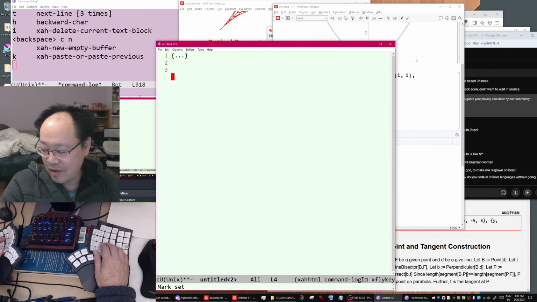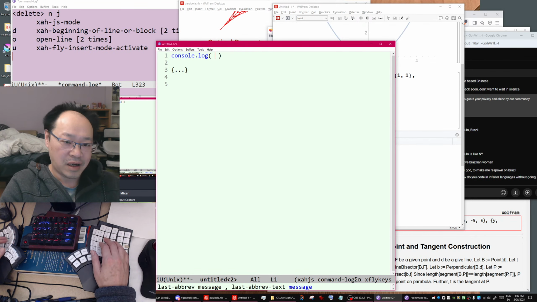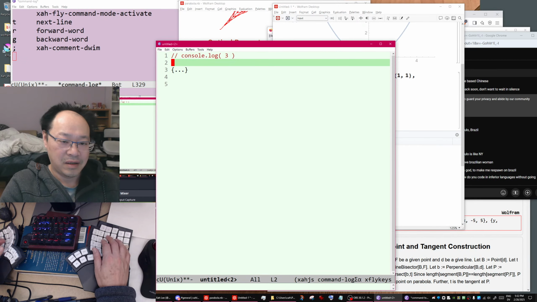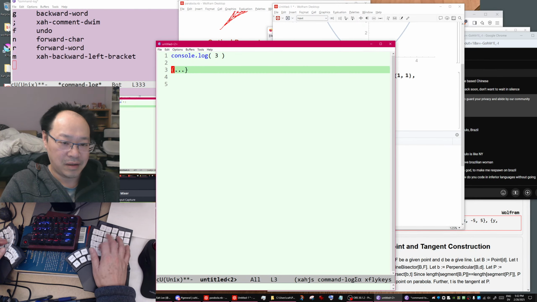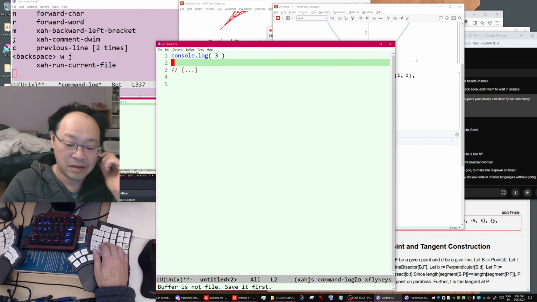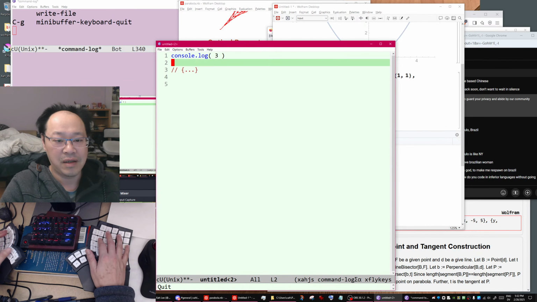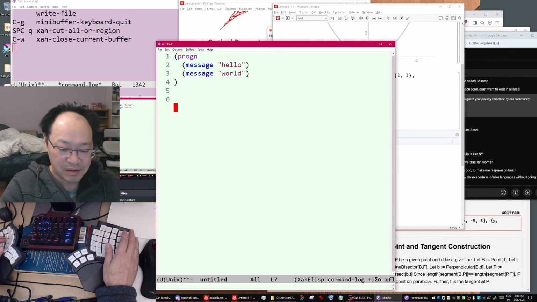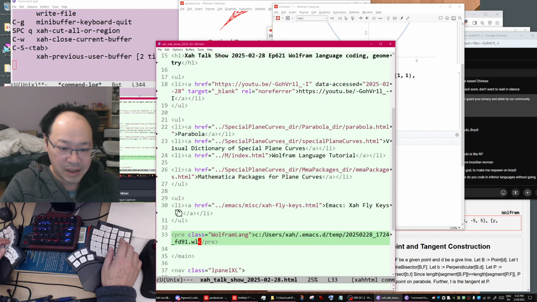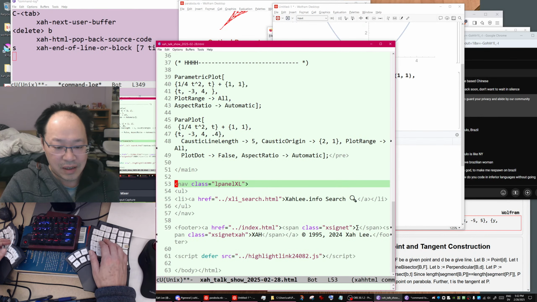So let's go to JavaScript mode, console log 3. Okay, so run it. This is JavaScript. Okay, file not saved first, save first. Okay, so hold on a second. Let me go back.